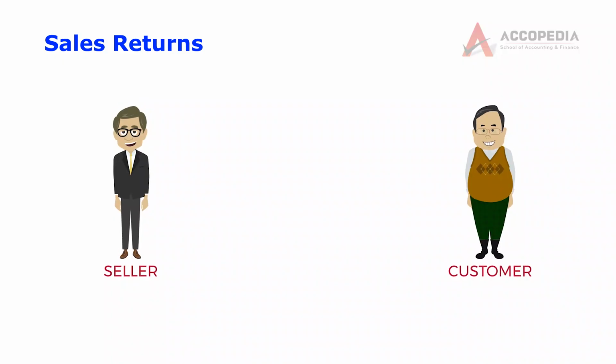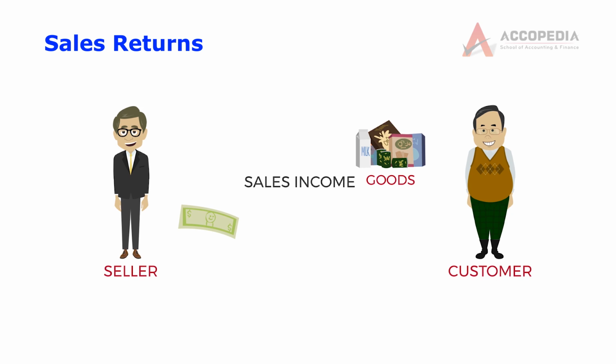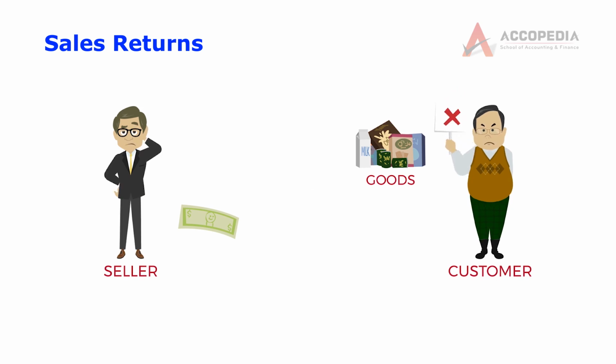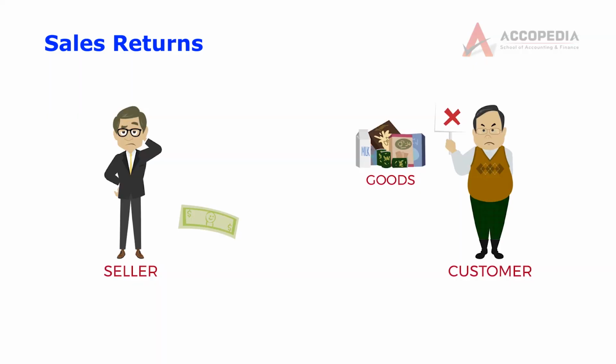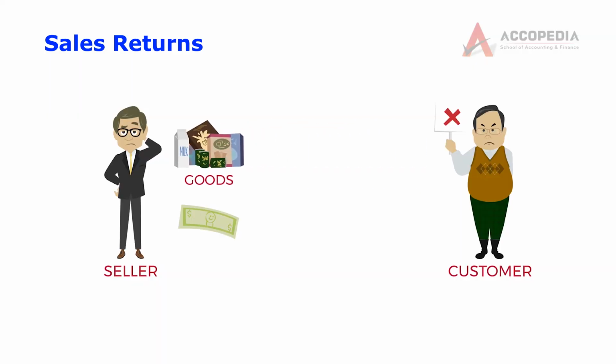We will now see another important topic or term called sales returns. Now what is sales returns? I already explained to you in my previous video about sales income. When I sell goods and I get money, then it is known as a sales income. It's a revenue. But suppose my customer does not like some product, or he finds there is a defect in my materials, or it is not as per his specifications, and he returns the goods, then I have to pay him back the money.